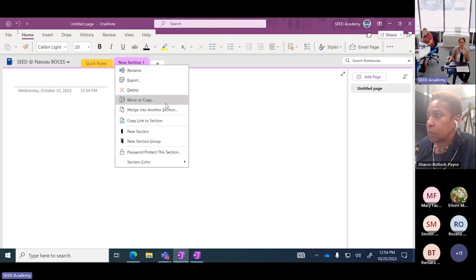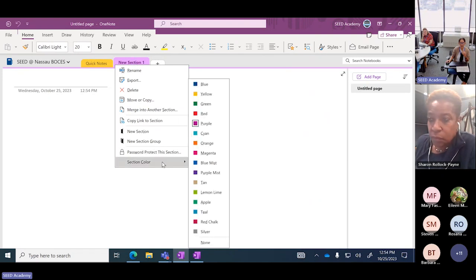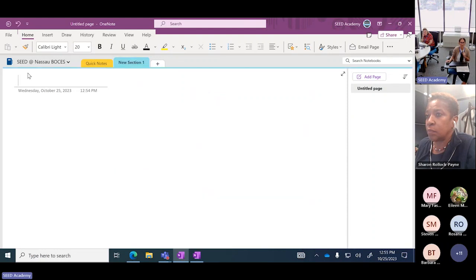you can change the color of the tab. So I'll show you that in a second. Right here, you just go to section color and you can choose the tab colors and make it fancy and decorated however you see fit. Once you title that section, it's going to pop in. Once you title the page, it's going to add the title to the section. So we'll just put